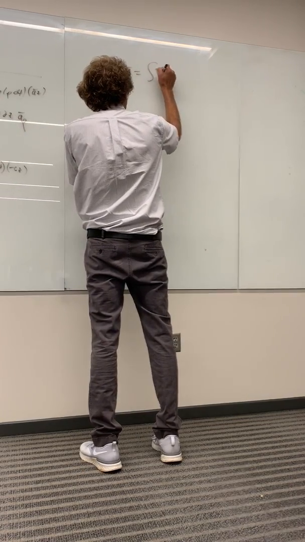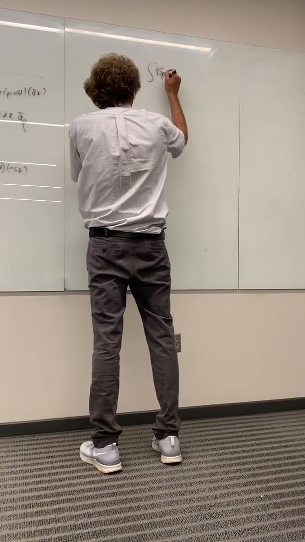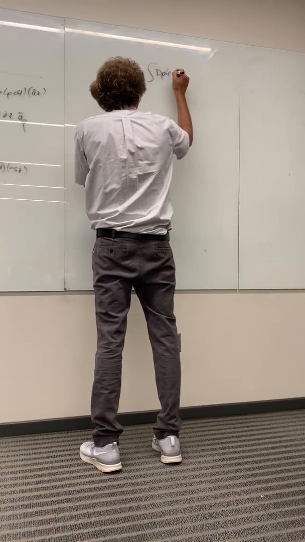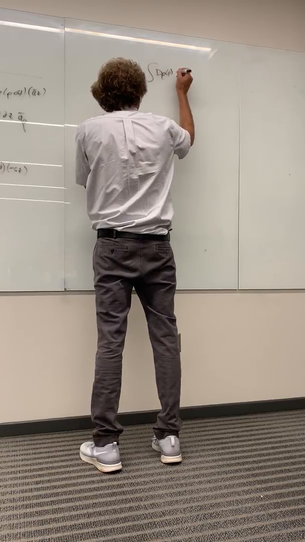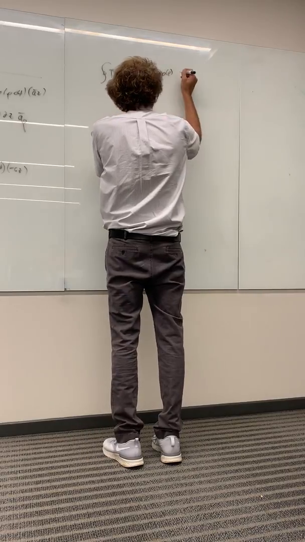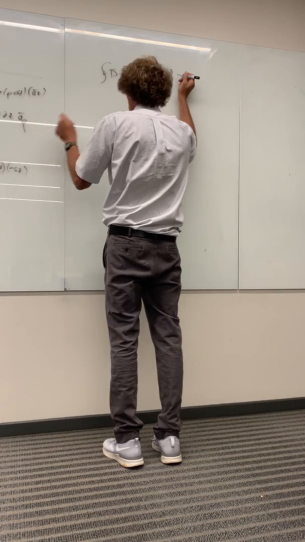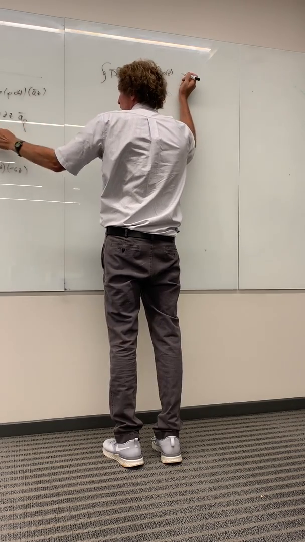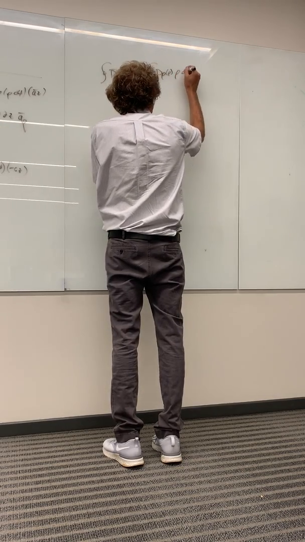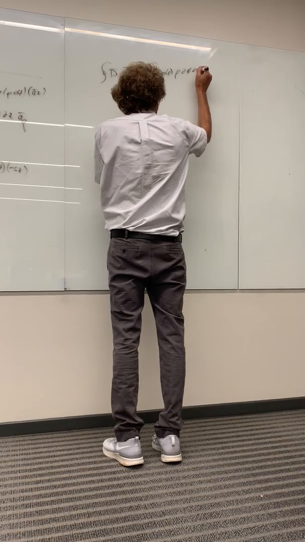It's going to be the rho component of D in the rho direction, dotted with ds. A rho dot a rho is 1, so I'm not going to put the a rho there, and I get rho d phi dz,